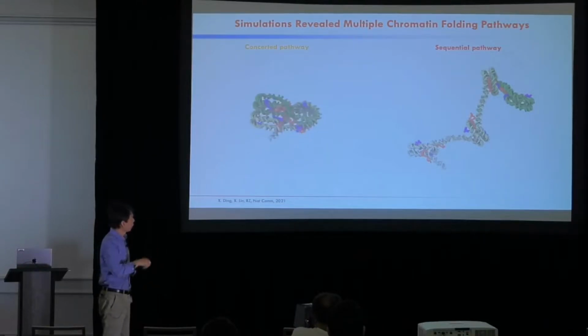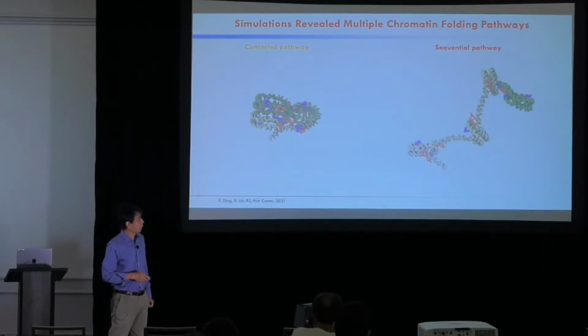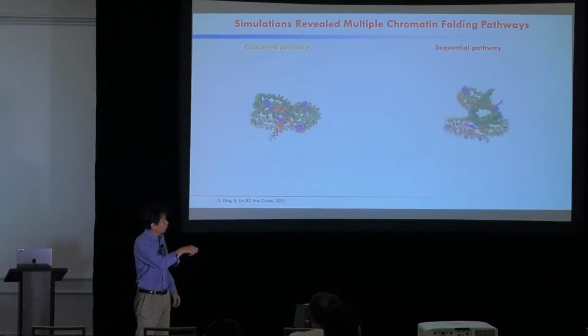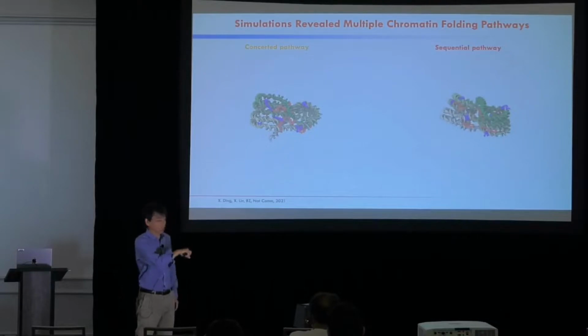I'm not showing them just for clarity. Then in this sequential pathway, we found that a subset of the contacts form first, and then you see this kind of trinucleosome motif followed by the other ones. Okay,